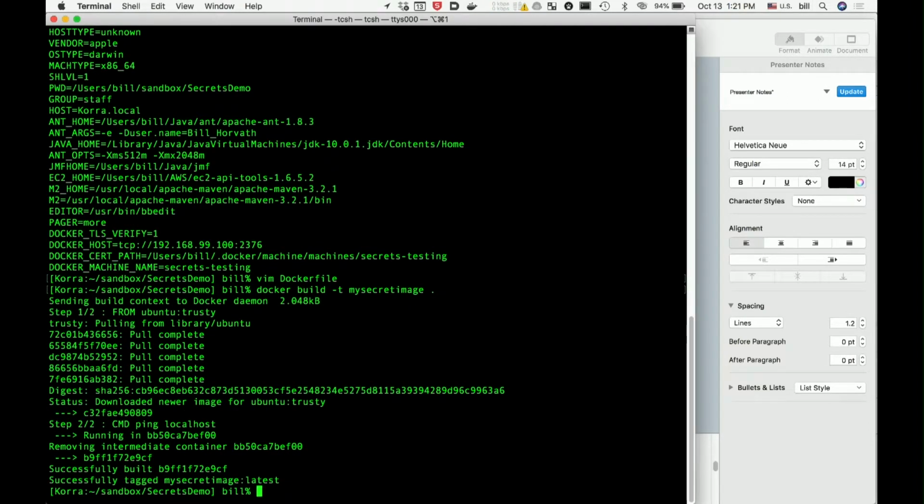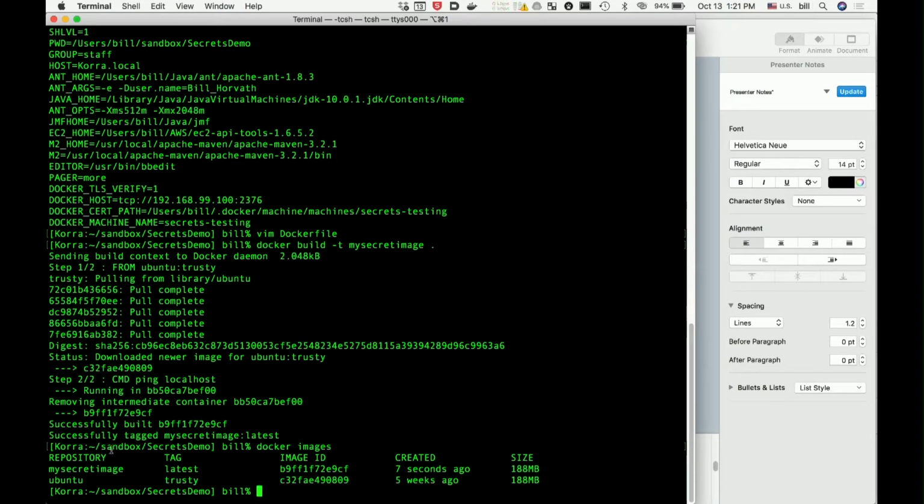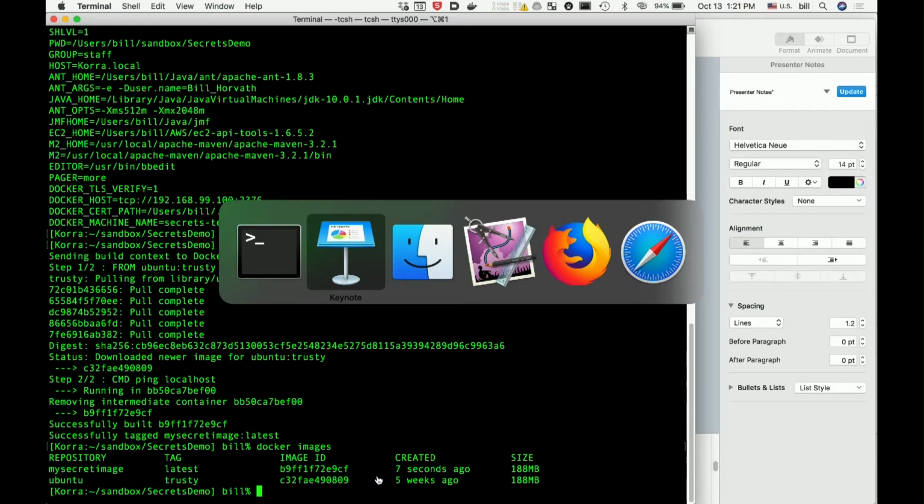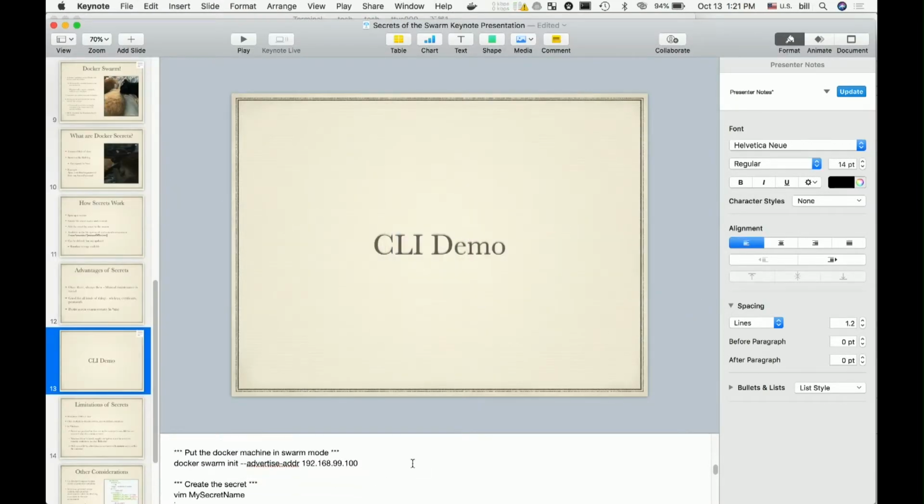Okay, so now that is built. If we do docker images, we can see that my secret image is now available. It also pulled down Ubuntu as the base image, and it's ready to go. So we can now create our swarm.